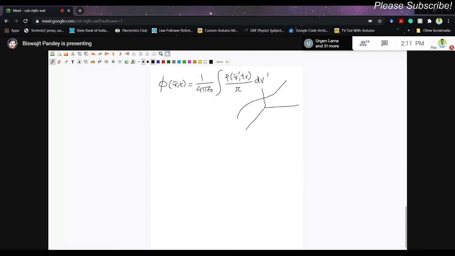And remember the picture. This is the moving point charge, this is the volume element. The point charge is at different points inside this. This is our r prime, this is the field point r, and this is curly r. The basic idea is to take a sufficiently small volume around the point charge so that curly r doesn't change significantly. In that case, you can simply write this as 1 by 4 pi epsilon 0 curly r times the integral of rho of r prime, t_r dv prime.